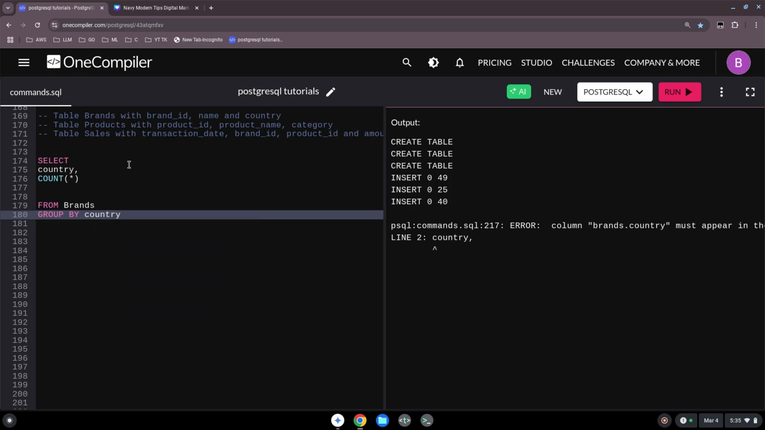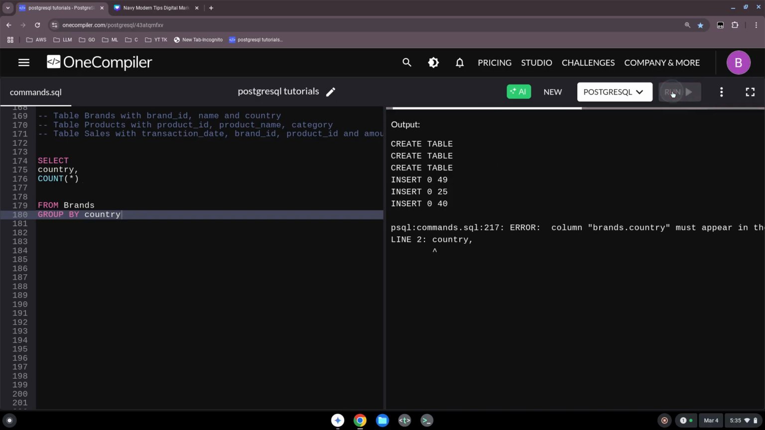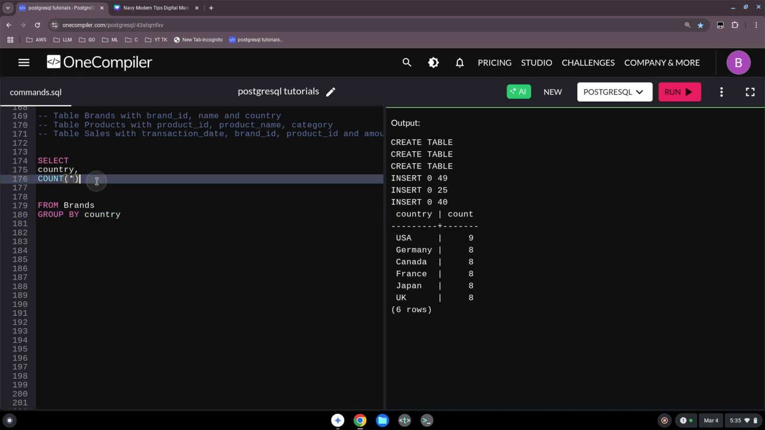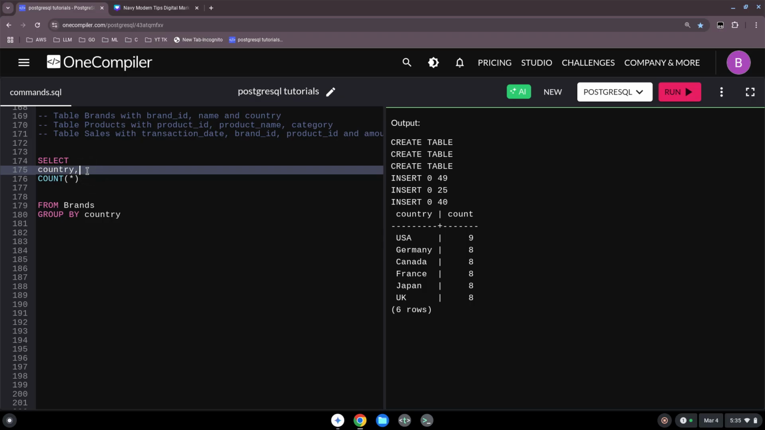And now, what we want to see now is each country and how many brands we have there inside. Let's see. There we go. USA 9, German 8, Canada 8, and so on. And let's take another example. So we have, for instance,